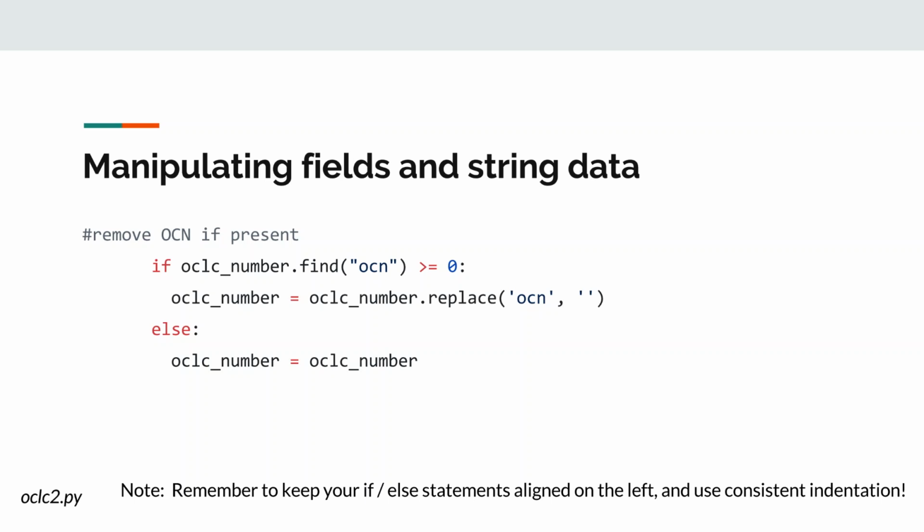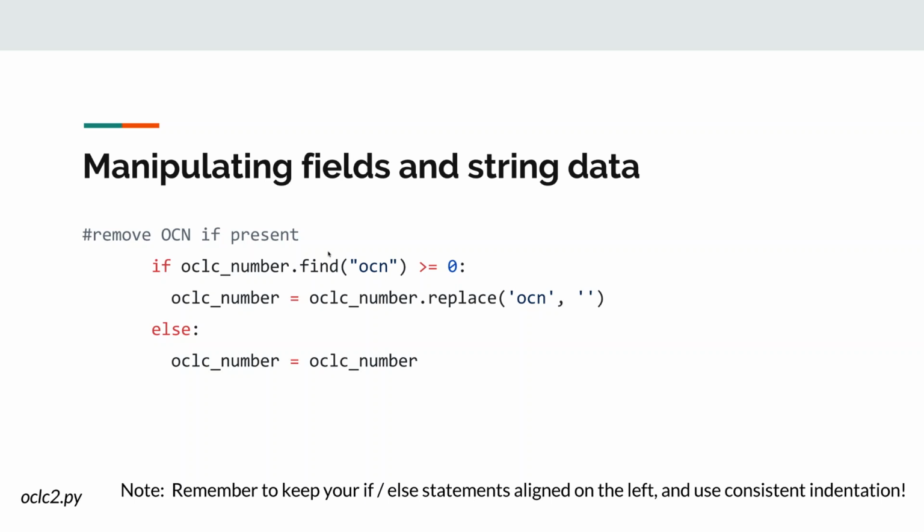Okay, so what's happening here? We have a conditional. Here's my if-else. Note the alignment of the if and else in the file. They are aligned very straight on the side there. That's really important. That way that else statement is known to be associated with this if. So if OCLC number, which is where we've stored our 035 field in this variable, a variable name that I created,